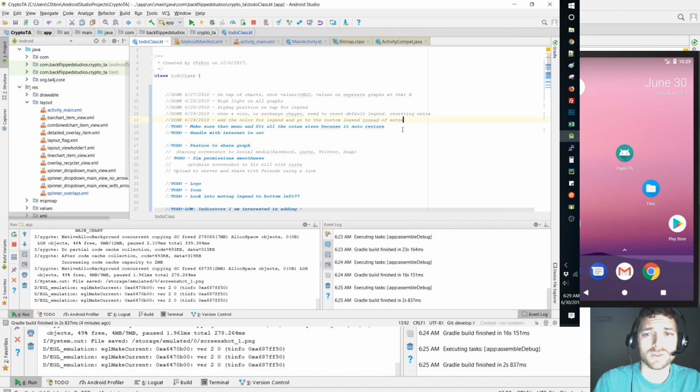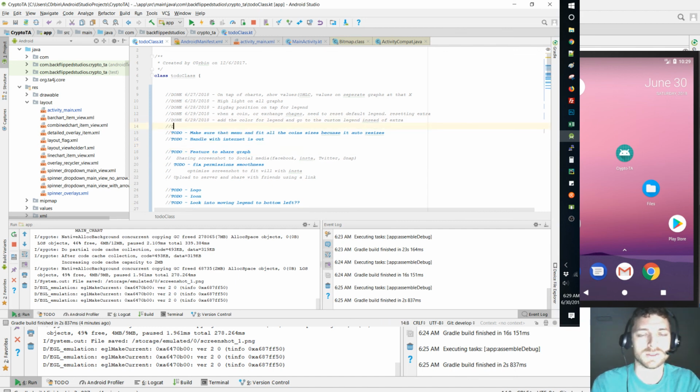But other than that, I think what we're going to do is say done, saying we have taken a screenshot and saved it to a file, and the ability to send text message or other